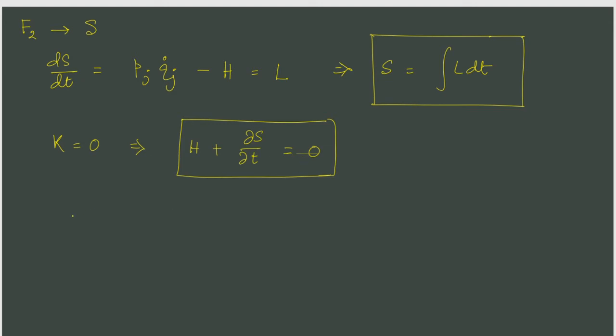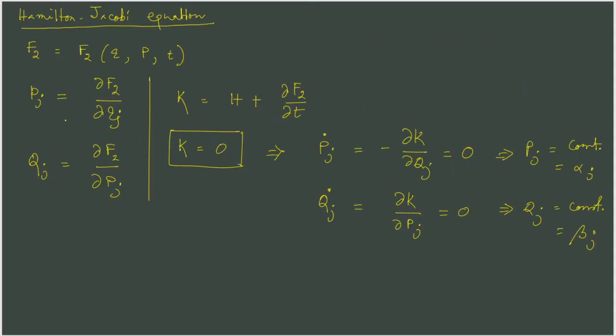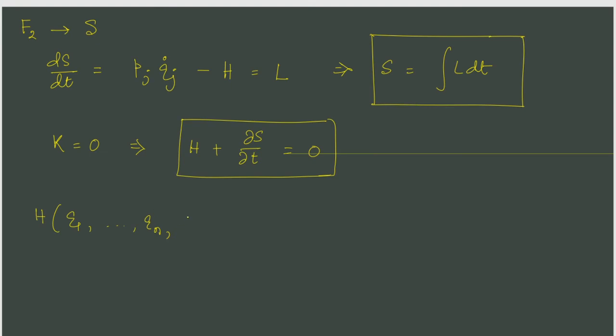Now, what does it mean? It means that we can simply write in terms of q1 to qn, and then we have already seen here the p's can be written in terms of the partial derivative of S with respect to qj. S and F2 are essentially the same. So we can simply write